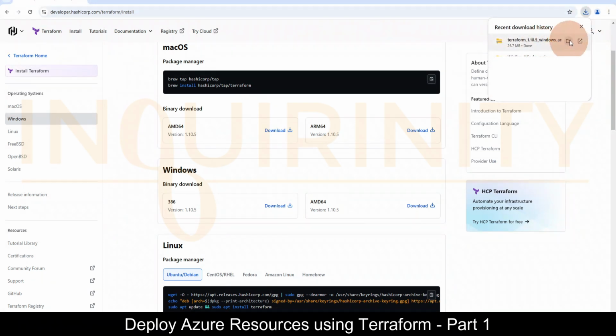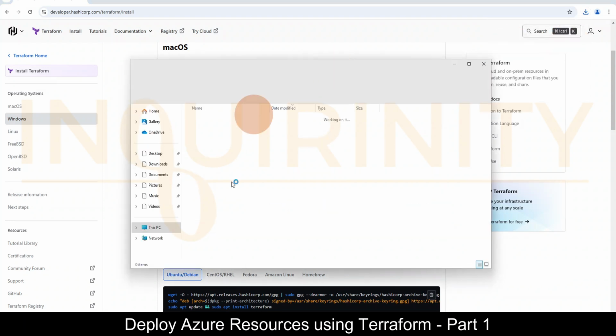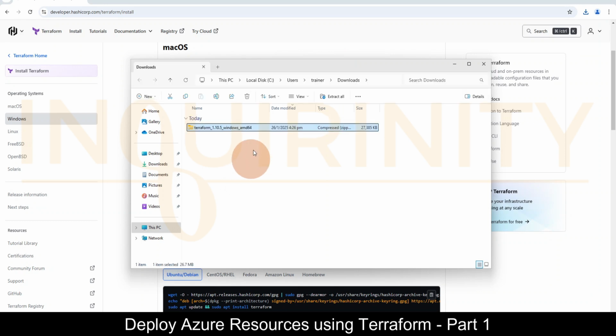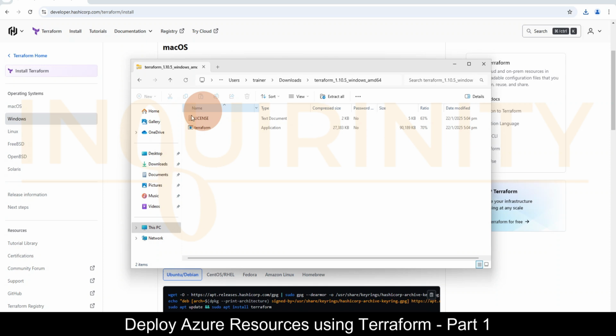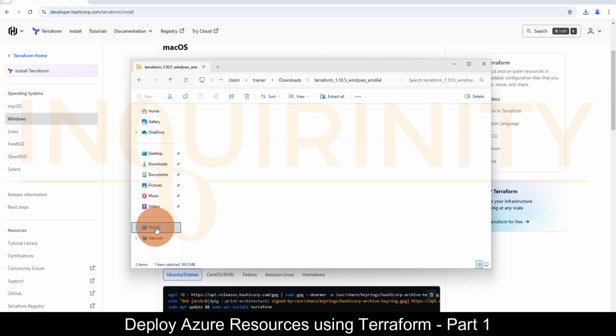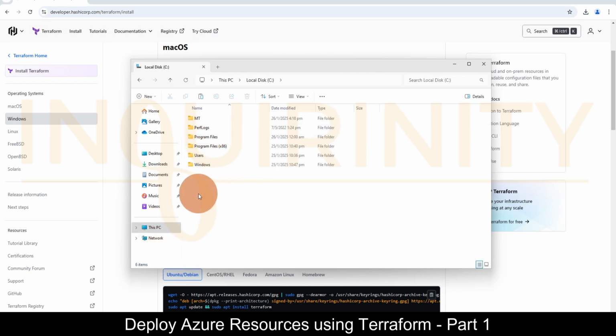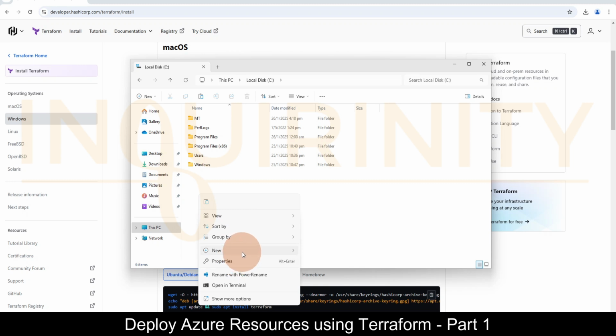Next, we click on show in folder to where our downloaded Terraform file is. So here it goes. Let's open it, and you can read the license, and you can copy the Terraform application. In our case, we want to put it on drive C and create a folder here, for example